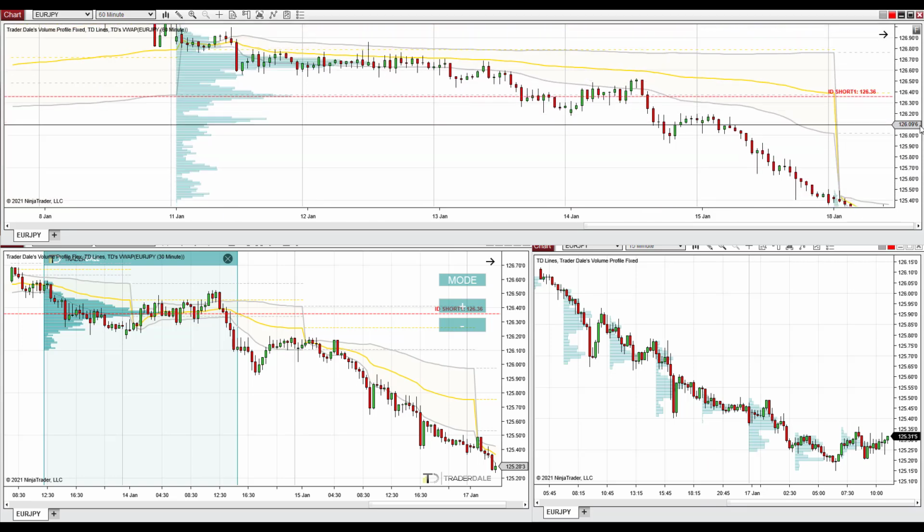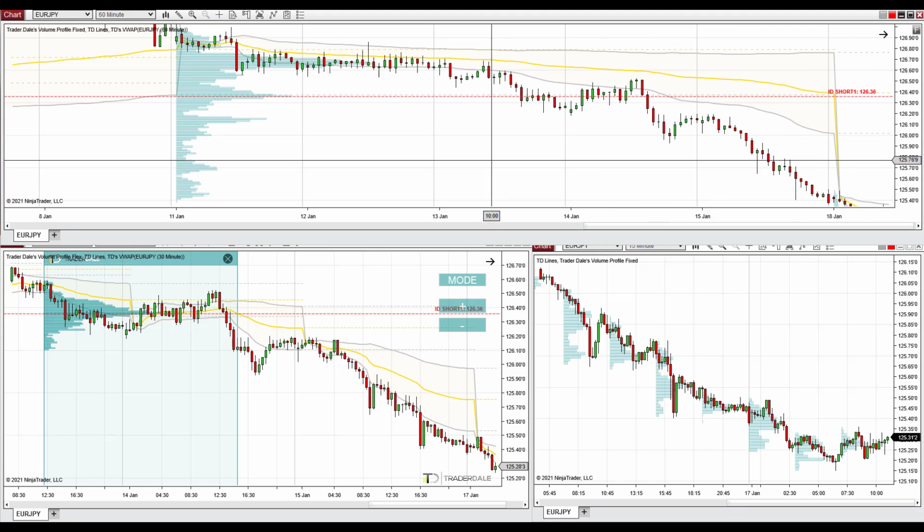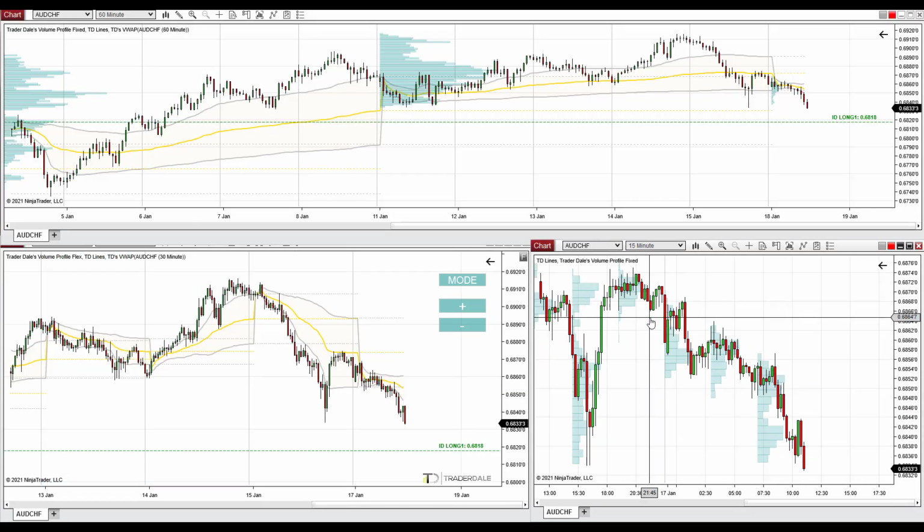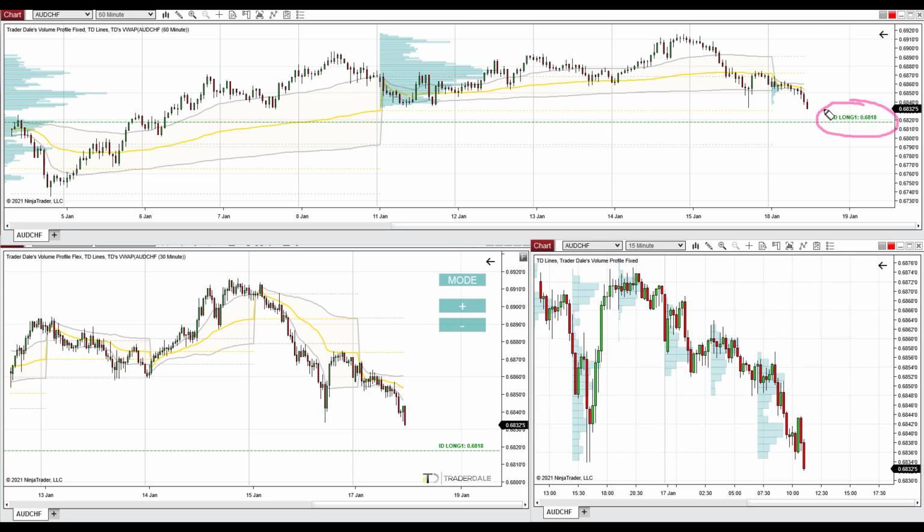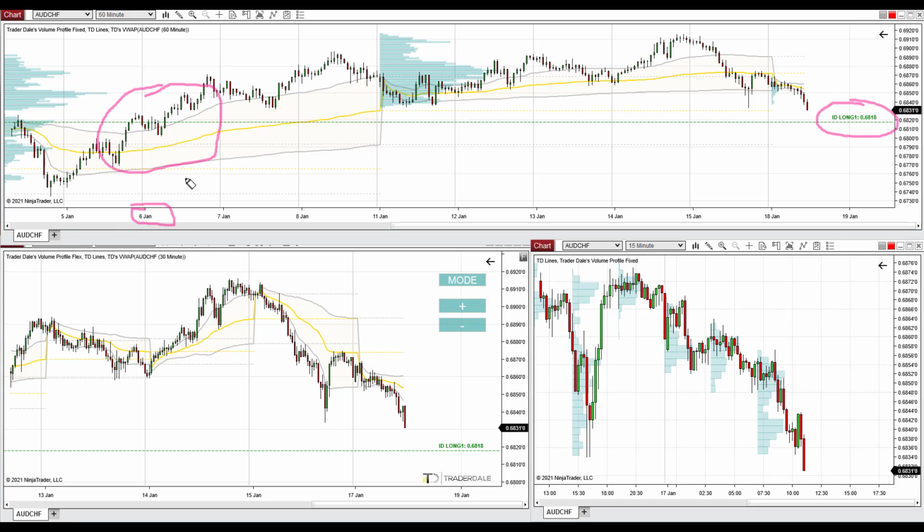So anyways, that's for the euro Japanese yen. Let's now jump into our next trading idea, which will be on the Australian dollar Swiss franc. So now the three charts show the Australian dollar Swiss franc, and what I wanted to show you is a strong support, which is at 0.6818. Now this is based on a price action from this place, which is 6th January 2021, 12 days ago,